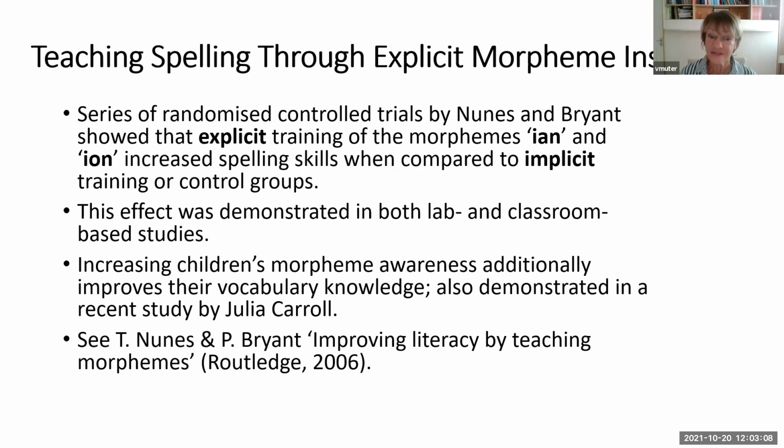Now, what these authors found was that it was the children in the explicit training group who had been taught the rule who did far better than the other two groups on a post-intervention spelling test. So children can acquire spelling rules through learning about morphemic regularities. And this effect was demonstrated in both the lab and classroom-based studies. Interestingly,